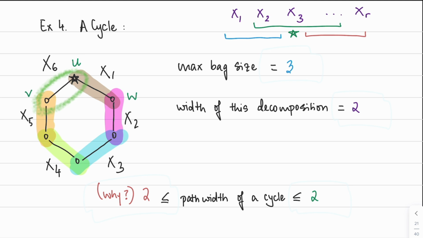Now, notice that these intervals cannot actually touch each other. The blue and the red intervals cannot overlap, because if they did, then at the bag at which they overlap, you have a bag that contains U, V, and W, but that contradicts your assumption that every bag has at most 2 vertices. So these are 2 intervals that overlap with the green interval, but they are themselves non-overlapping, and you can extend this argument further into the cycle, and at some point you will see that you will end